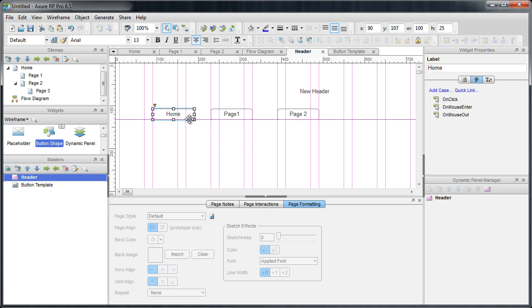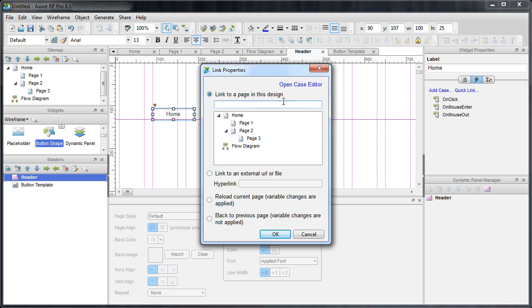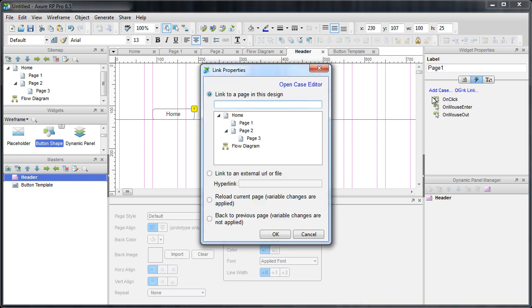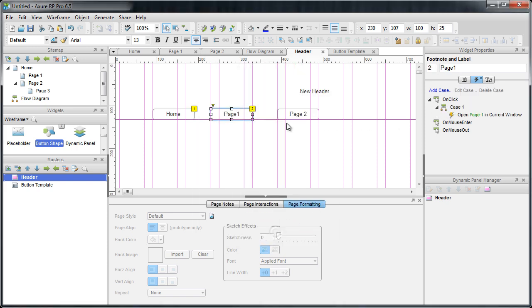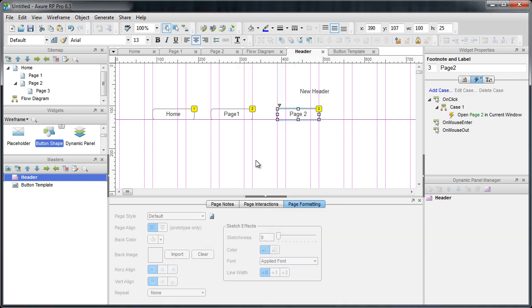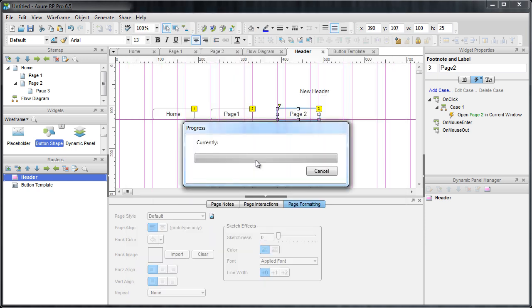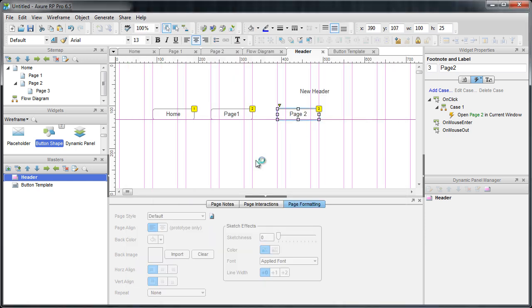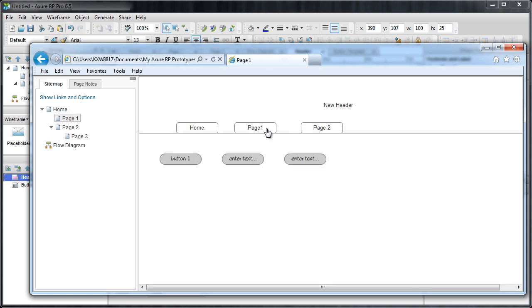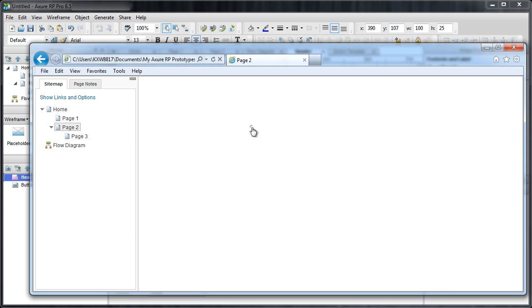For the home button, I will click on the Interactions tab and then Quick Link, and now I'll click the home page. I'll do the same for the rest of my buttons with the respective pages. Now let's generate the prototype. I can now see that in my header I have clickable buttons. If I click on page 2, I can now see it navigates to page 2, and then page 1 navigates